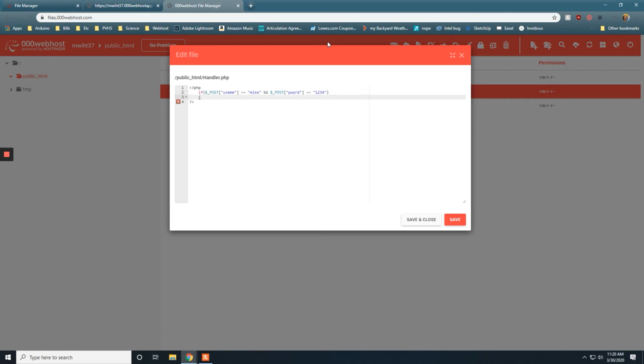If this statement evaluates to true, then we're going to do something about it. Here's what we're going to do. We'll just echo out the command, welcome. Well, what if they got some portion of that wrong? The wrong username or the wrong password. In that case, we're going to do something else. What we're going to do is